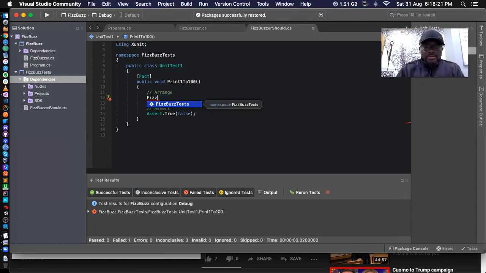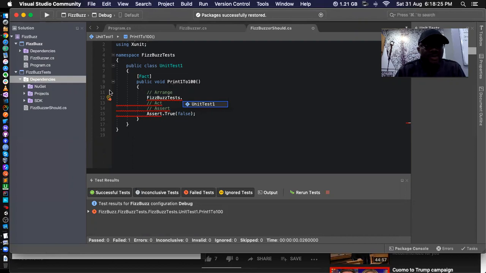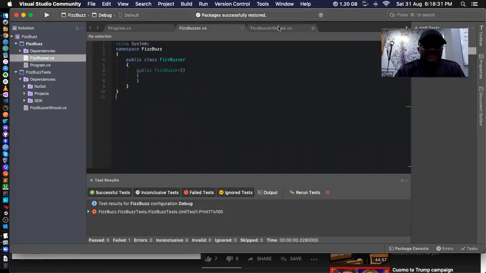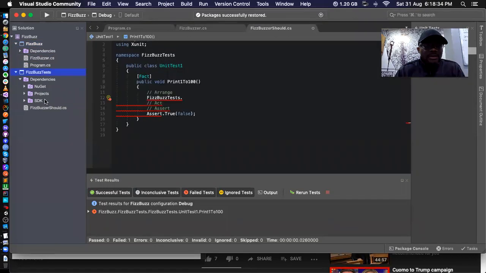Come on. Oh, so we have different namespaces. All right, so that's fine. Under here we have, what do we have here? Namespace is Fizz Buzz. Okay. So ideally, this namespace should be this, so that